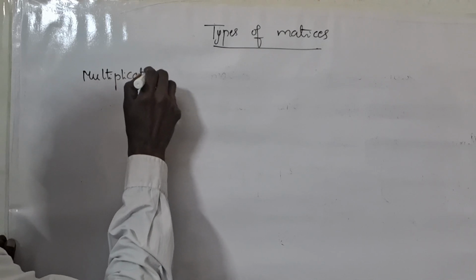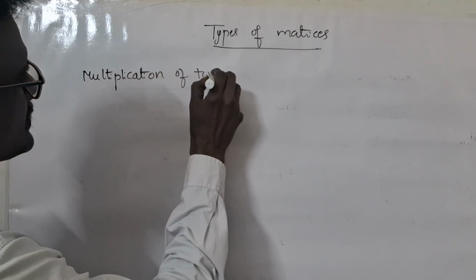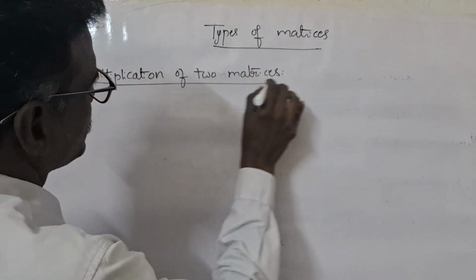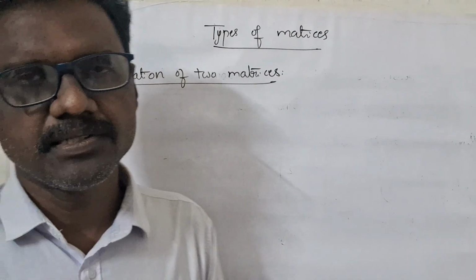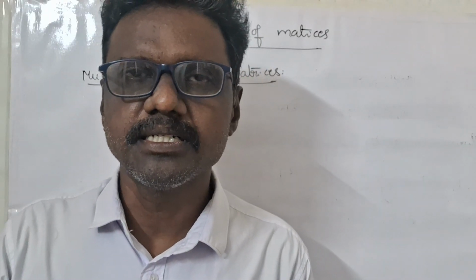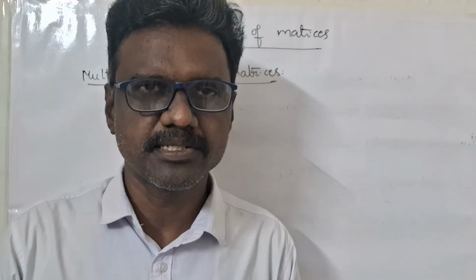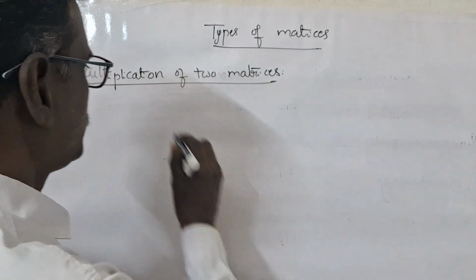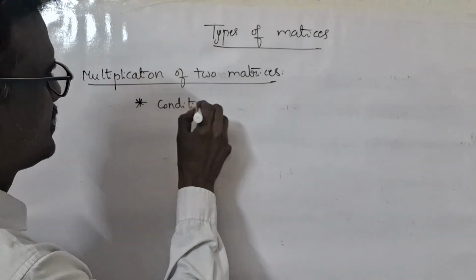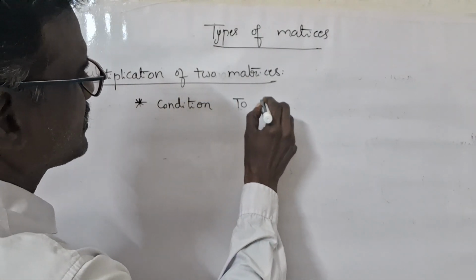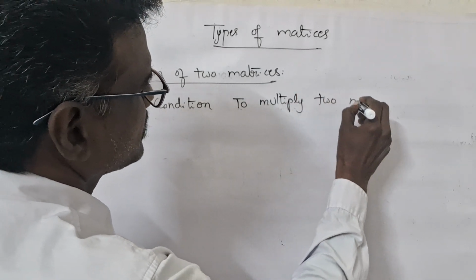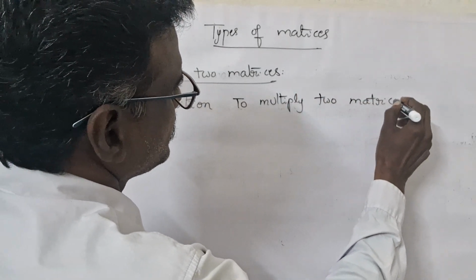Multiplication of two matrices. To multiply two matrices, there is one very important condition. The main condition to multiply two matrices A and B is